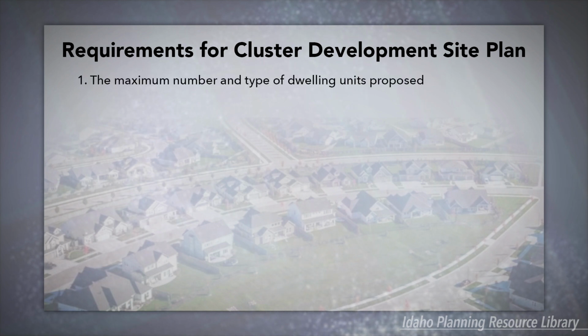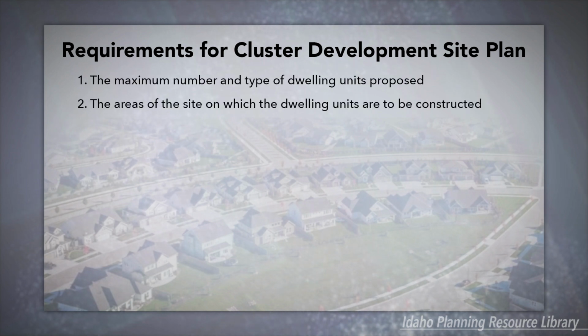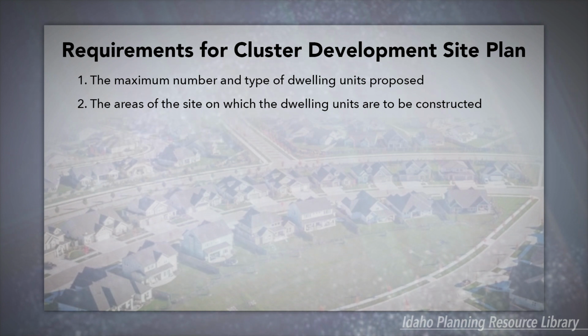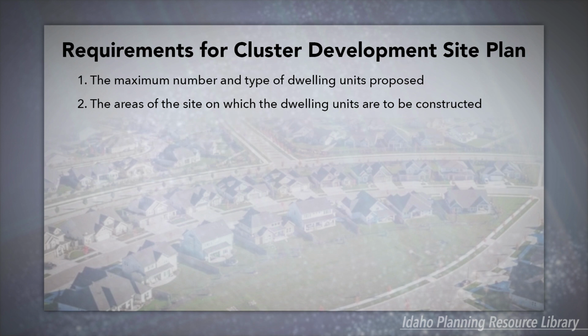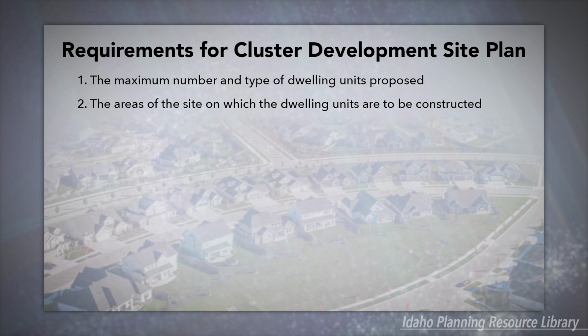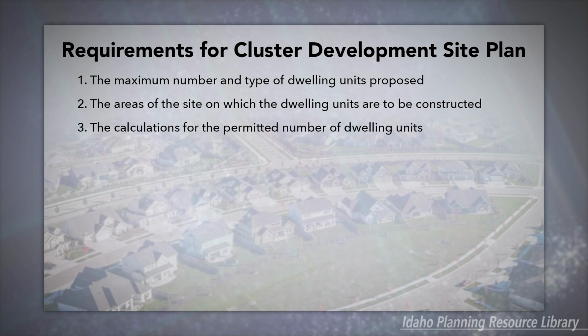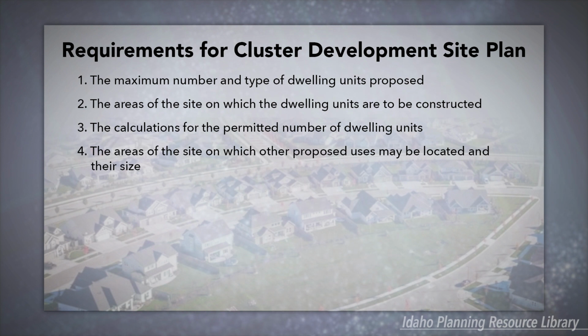maximum number and type of dwelling units proposed, the areas of the site on which the dwelling units are to be constructed. This may take the form of the footprint of the dwelling unit or a building envelope showing the general area in which the dwelling unit is to be located. The calculations for the permitted number of dwelling units,